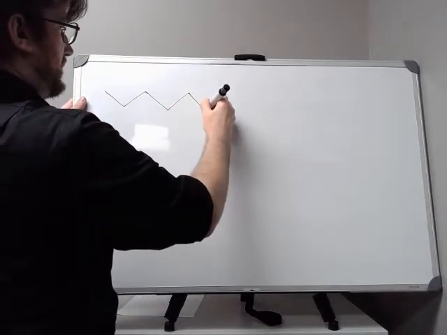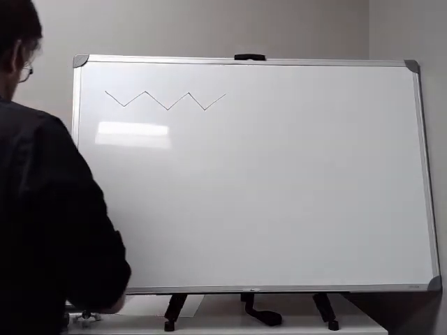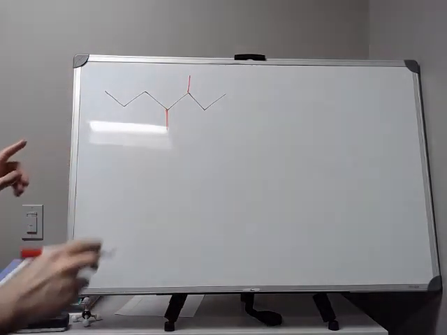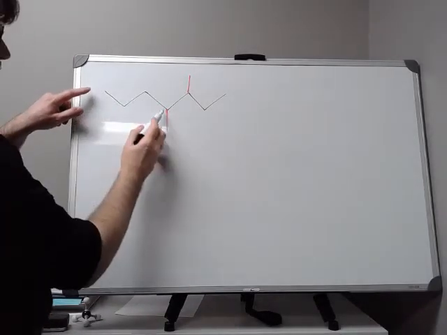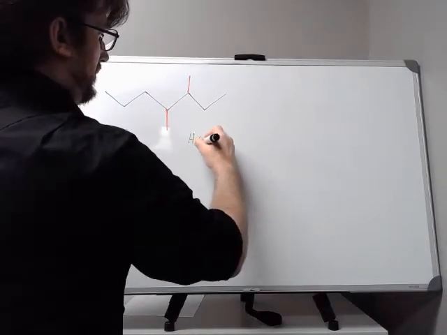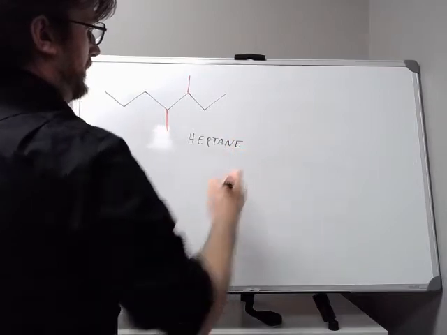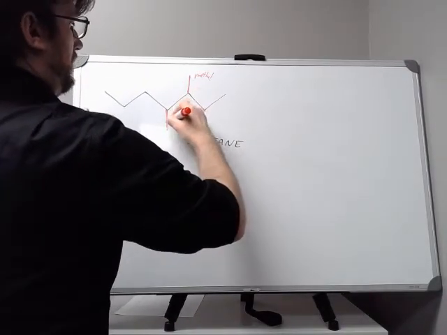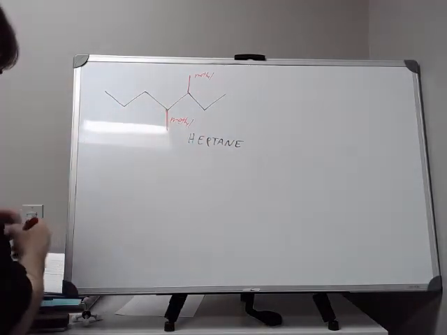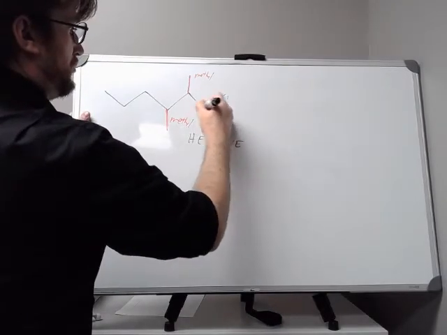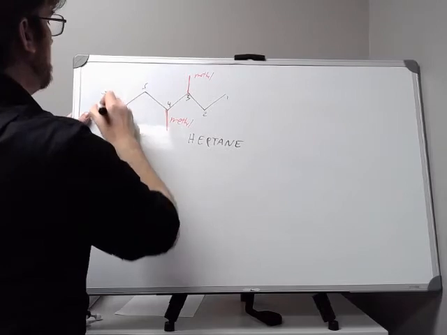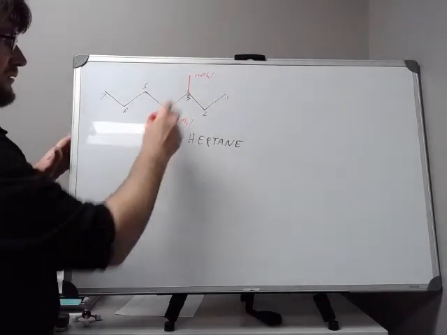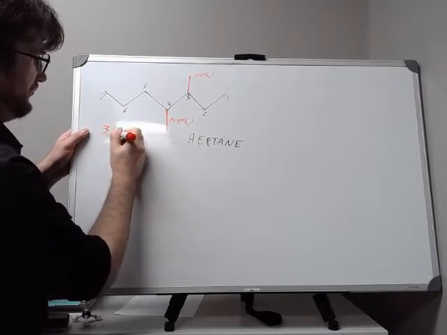1, 2, 3, 4, 5, 6, 7. So in this example, our parent chain contains 1, 2, 3, 4, 5, 6, 7, and so it's a heptane. And we have 2 methyl groups now. So we have 2 identical branches located at positions 3 and 4. And so when we write this name to specify these positions, we will use 3, 4 hyphen and then